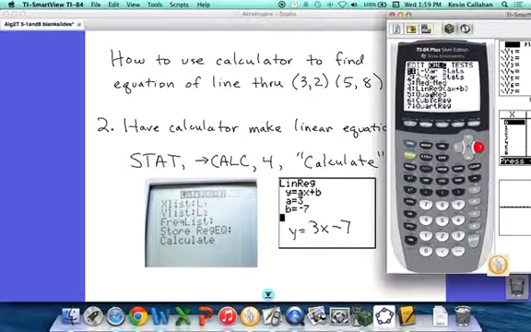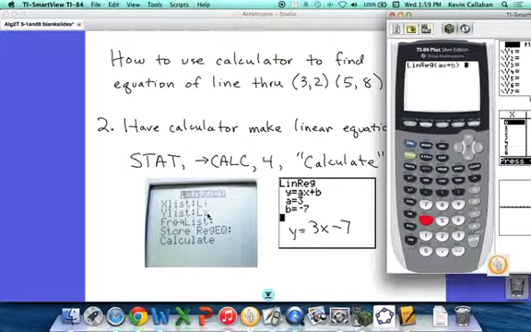Now, when I hit that, my screen looks like that. Your screen looks like this, right? So that's why I put that up there, so you can see it, and it says the X list is under L1, the Y list is under L2, and you don't care about these things in the middle. You just want to go down to where it says calculate. Either hit Enter, Enter, Enter. Eventually, when you hit Enter, it'll bring up that. And then when you hit Enter again,